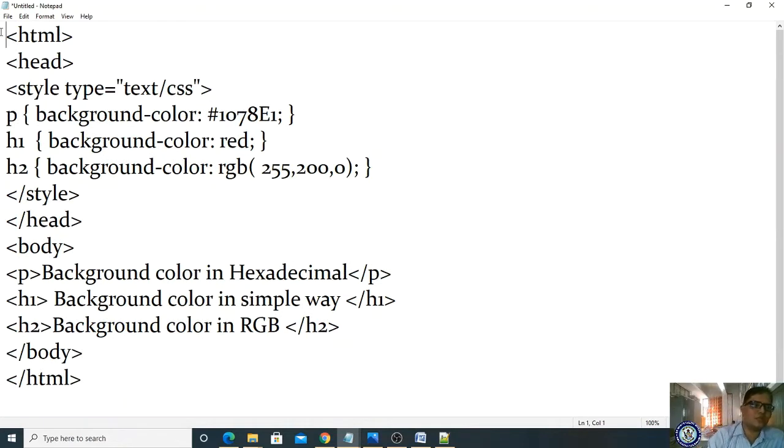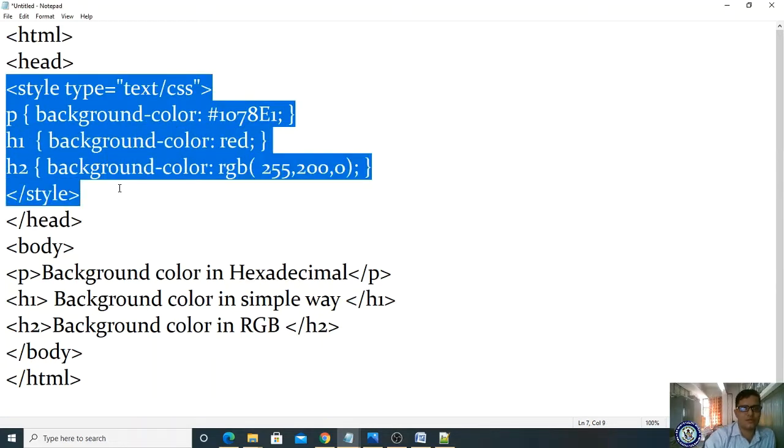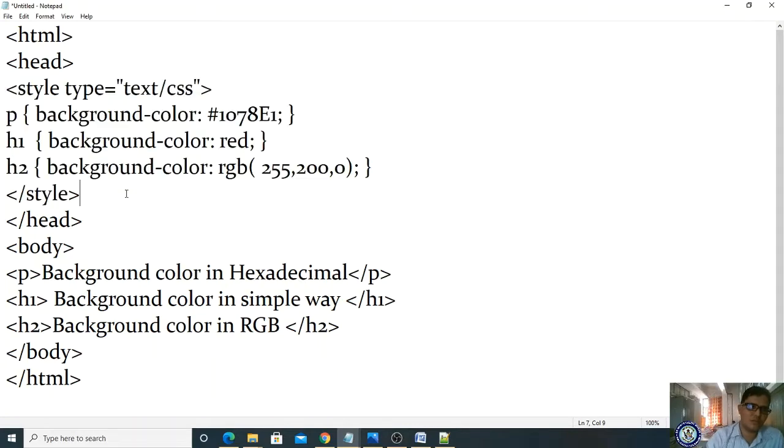Let us understand this program first. Here the style tag is used. If the style tag is used, which style sheet is it? Global style sheet, right? If you are using the style tag it means global or embedded or internal, right? Yes, correct.